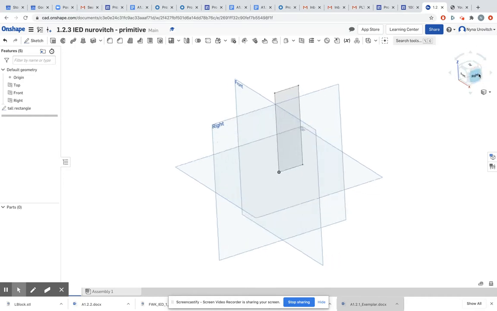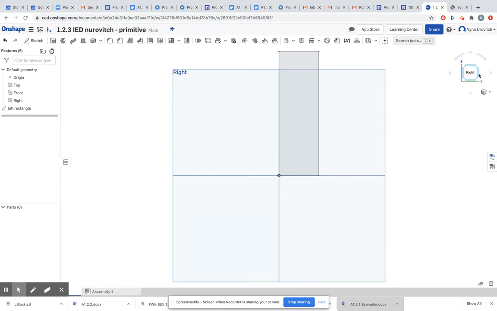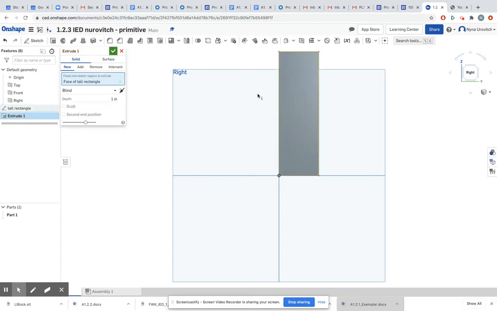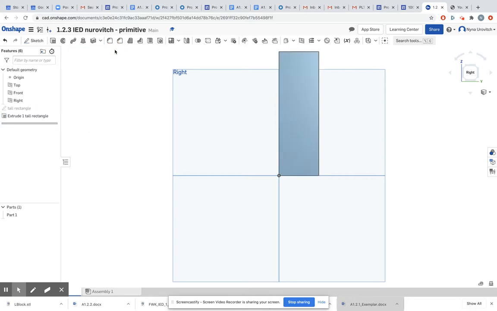Let's go back to right. Extruding means in CAD language to make thicker, to give it some volume, to give it a shape. So we're going to select extrude. We're going to select the side that we're going to make thicker and how thick we're making it, which is 0.5. I don't have to write inches. It will see inches, and I'm going to do extrude, and right next to it, I'm going to write tall rectangle. I go select, it changes colors, and that tells me that we have a three-dimensional shape,